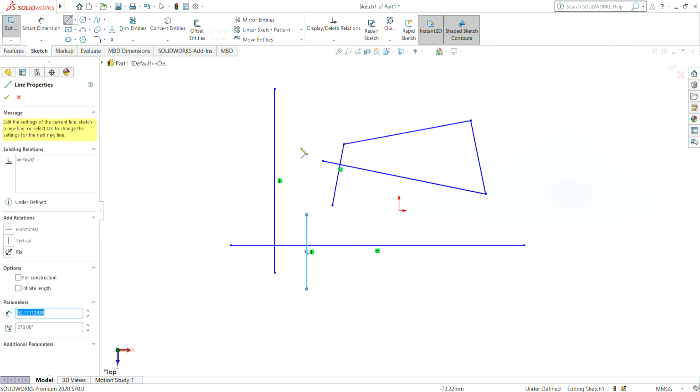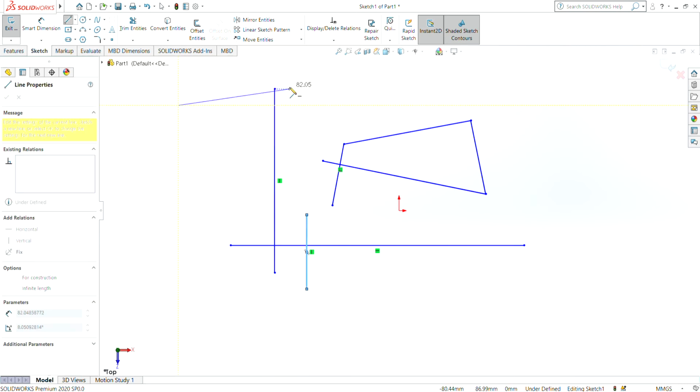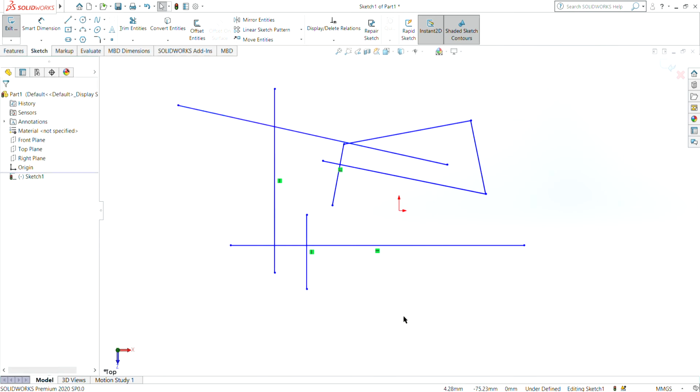And plus, this line tool is a click command. We don't have to drag in the line tool. Like here I am clicking, and then I just release the left button, and then click again at the point where I want to stop. So this is a click tool. We don't have to drag it.